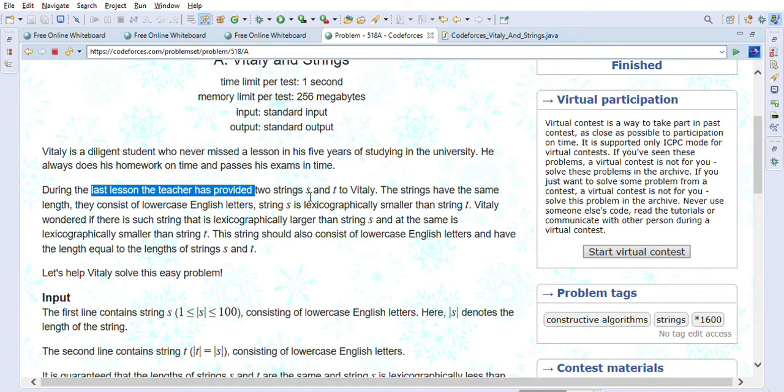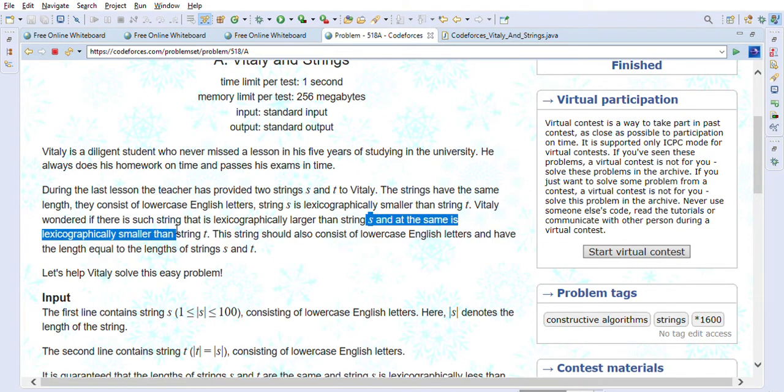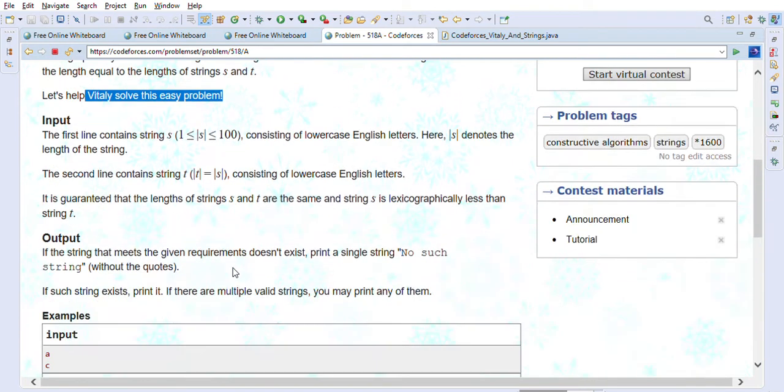String S is lexicographically smaller than string T. Whitley wondered if there is a string that is lexicographically larger than S and at the same time lexicographically smaller than T. This string should also consist of lowercase English letters and have a length equal to the length of S and T. So let's help Whitley solve this easy problem.